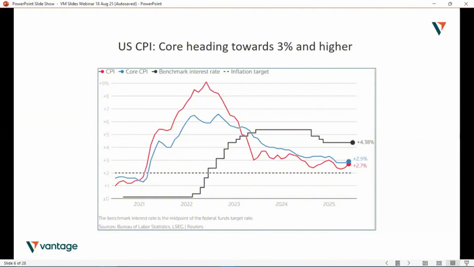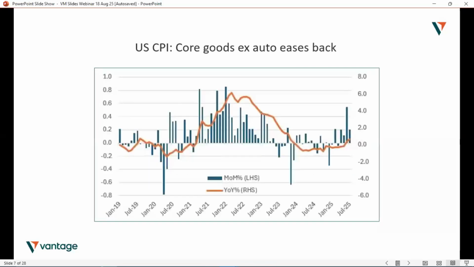to consumers, of course. Fed Chair Powell, he started to look at super core, just for your guide. So that's core services minus shelter. And that rose to 3.2% actually from 2.7%. And I've just got a chart with one of those core goods ex autos. You could just see that big 0.6, sorry, 0.55 it actually was month on month. And then that pulling back to sort of 0.2, even though the year on year number is going higher.